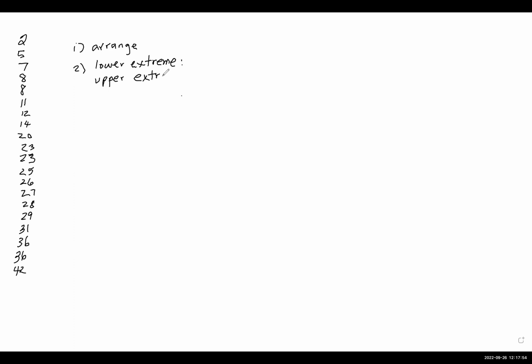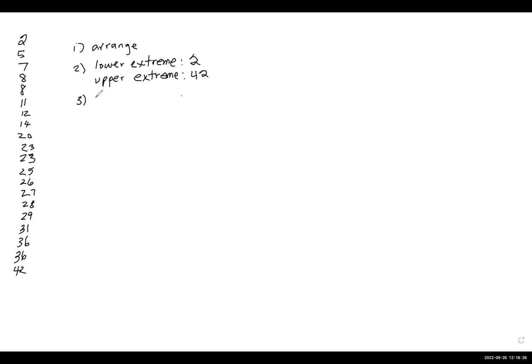All right, what is the lower extreme value? Would it be the smallest, 2? Okay, go ahead. And then the upper one would be 42. There we go. All right, simple enough. You want kind of the min and the max, or probably a lot of different names for this. Now, that's step 2. Step 3 is